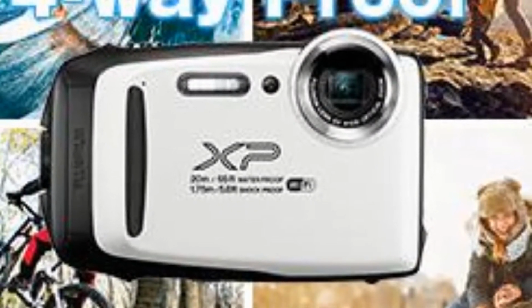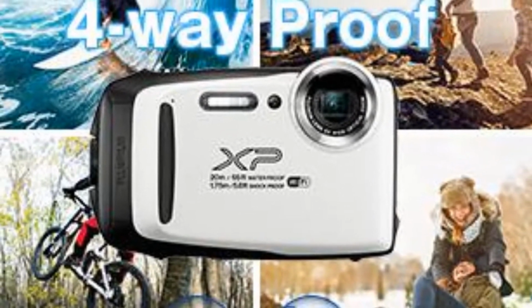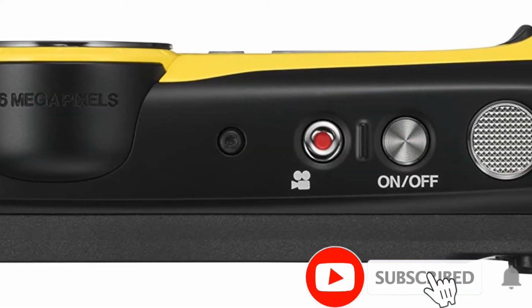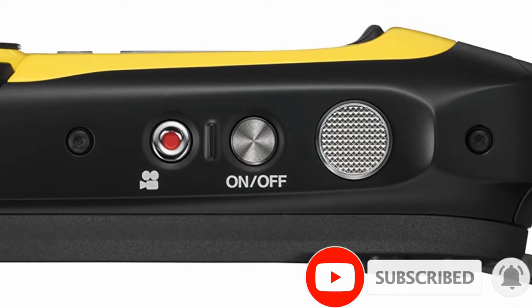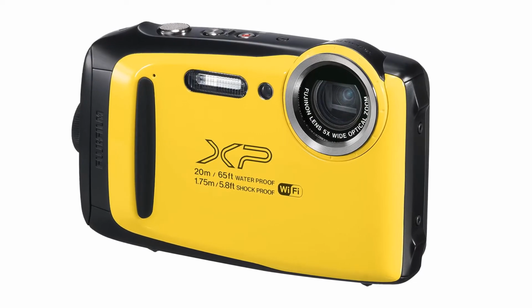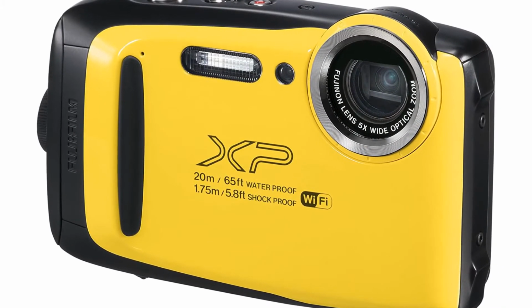Hailing from the house of FujiFilm, the FinePix XP130 is a truly impeccable waterproof digital camera with the ability to perform incredibly at 20 meters underwater. Not only does it remain frozen when the temperature falls under zero, but it also exhibits excellent dust resistance, which makes it perfect for sandy beaches. Moreover, it will not break a sweat when faced with a shock resulting from a fall from almost 6 feet,